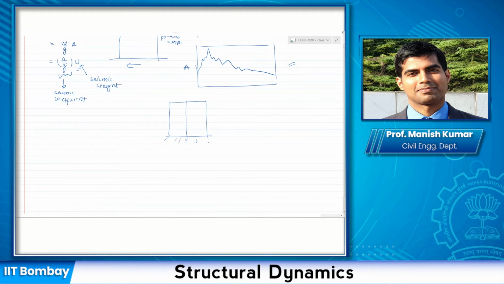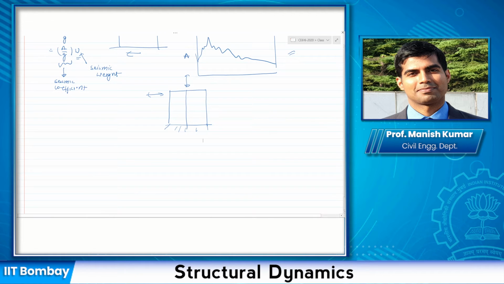People knew that earthquakes come laterally, and most of the structures were designed for vertical loads. So they knew that they had to design the structure for the lateral force. They just did not know to what extent of forces these structures need to be designed. So initially, they just started taking the total weight of the structure and multiplying it with a certain factor, let us say 10% or 20%, and then applied that load laterally to represent the effect of earthquake. This is at the very beginning of the earthquake resistant design practice.